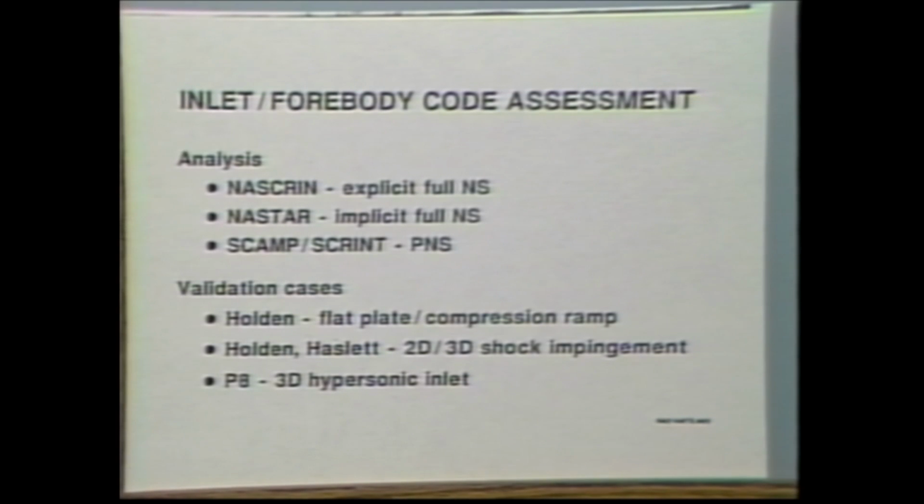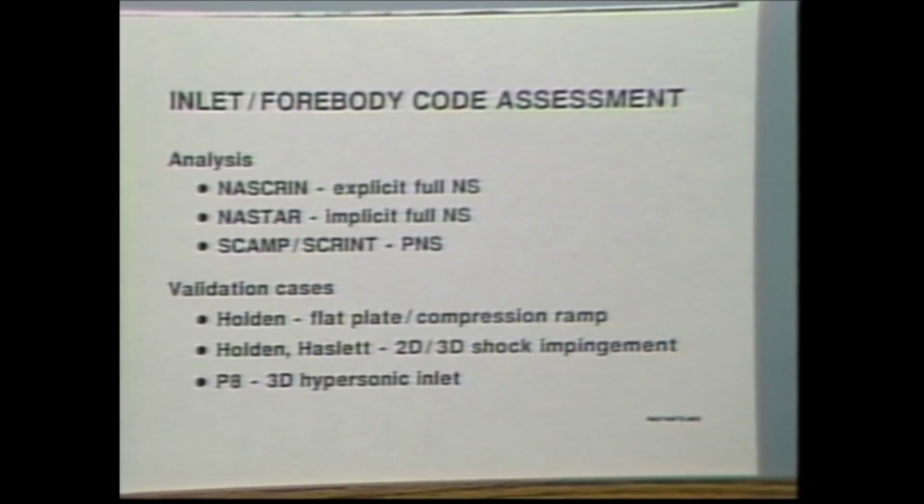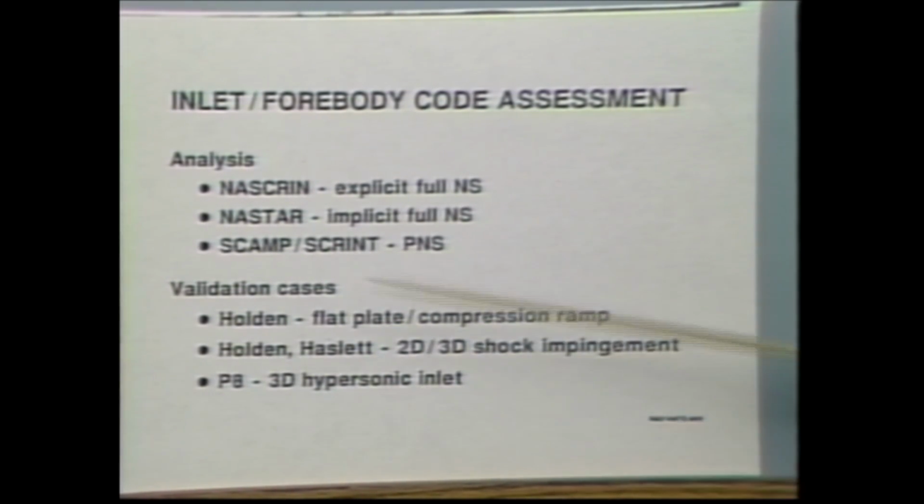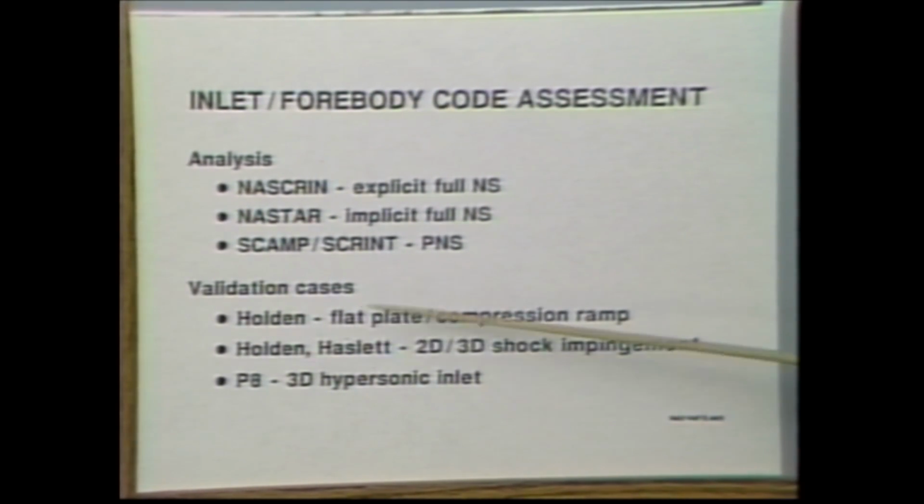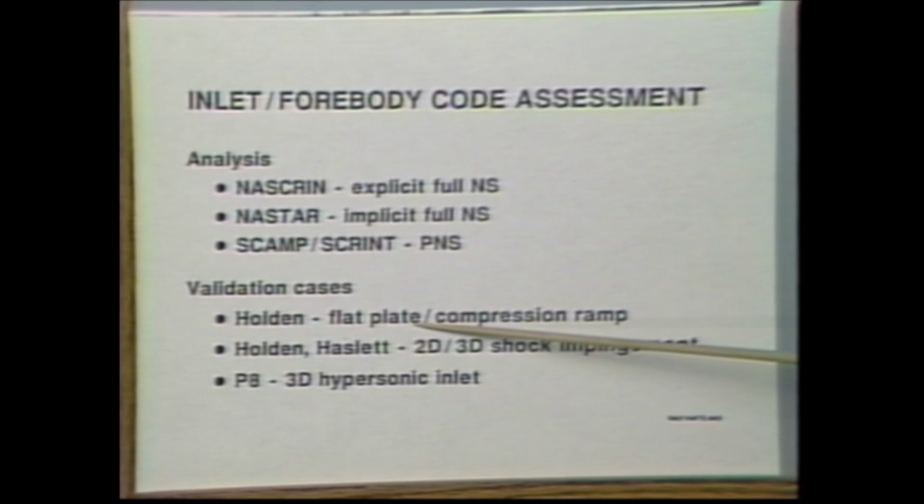And some of the primary codes that are being used in the industry now, this is admittedly a bit dated. There has since been some other codes developed. NASCRIN, NASSTAR, SCAMP are all codes that are currently being used in the industry. Unfortunately, there isn't that much validation data available. Holden at CalSpan has done a variety of validation cases. He's got some test cases of Mach 14 flow over compression ramps. Aside from that, there isn't all that much flight test data. And it would be nice to see some more flight test data before we actually start flying